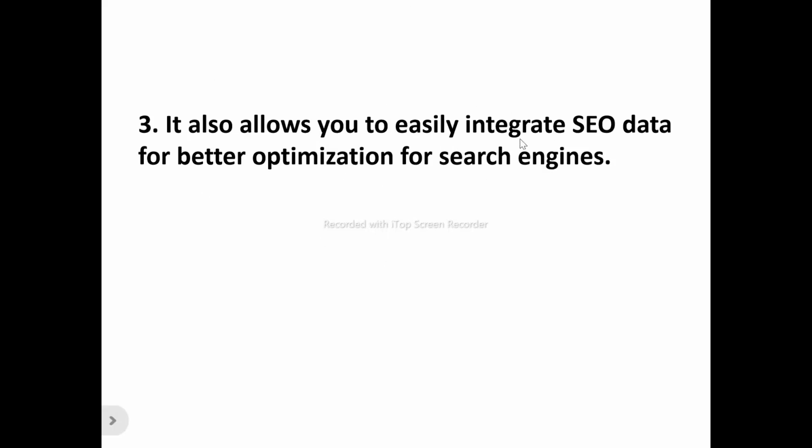Number three, it also allows you to easily integrate SEO data for better optimization for search engines. When you make use of visual site maps, it allows you to easily integrate your SEO data, so that you can optimize your website for better ranking on search engines. So you've got SEO data integration that you can make use of while you're working, to see how you can easily optimize your website to rank